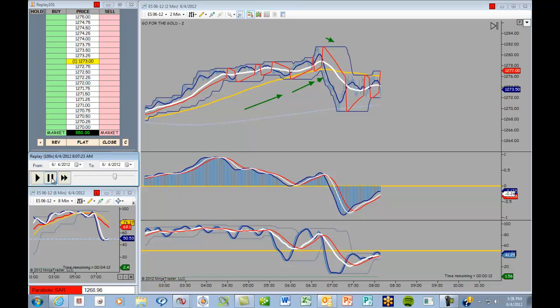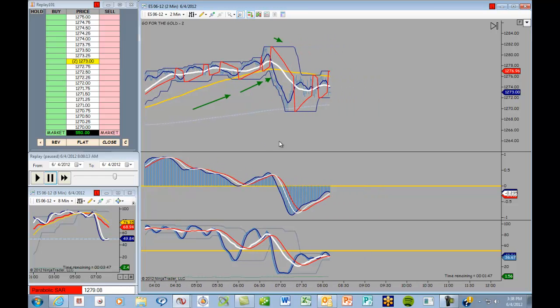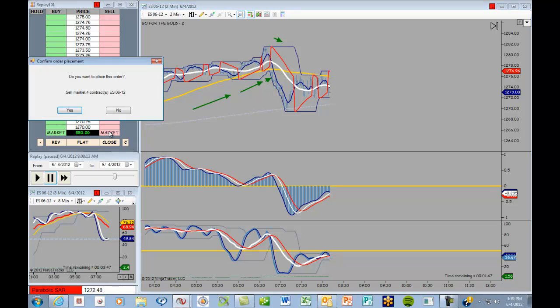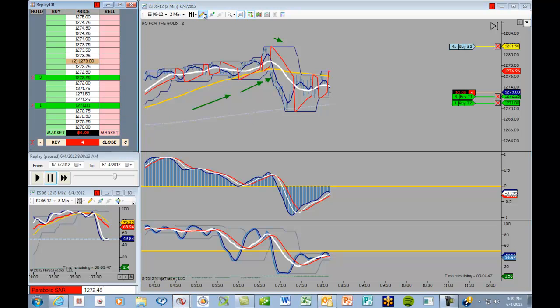The idea is to find red, white, and blue alignments in the direction of the trend, and it looks like we might have one now. We've got pretty much a bearish cross on the stoke, not quite there on the MACD, but we've got it on the price as well. So let's go ahead and